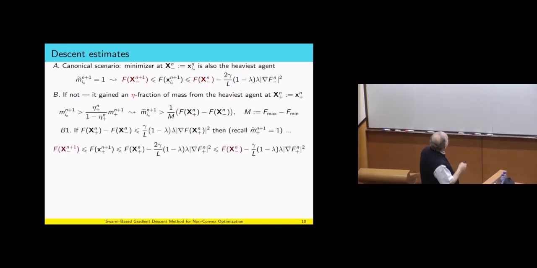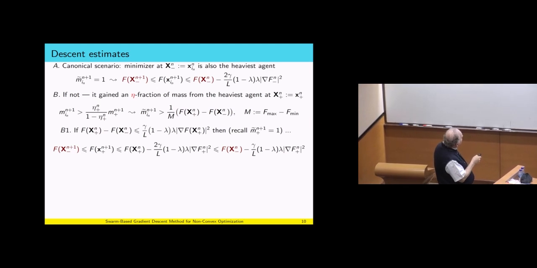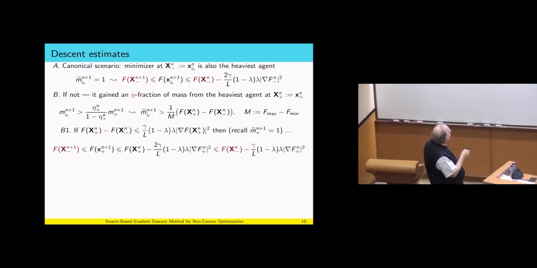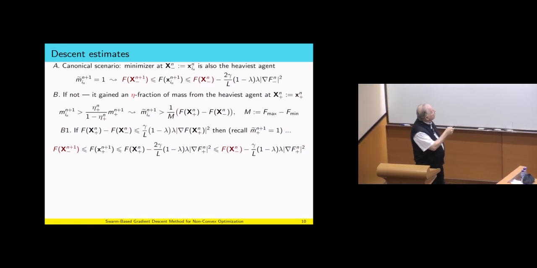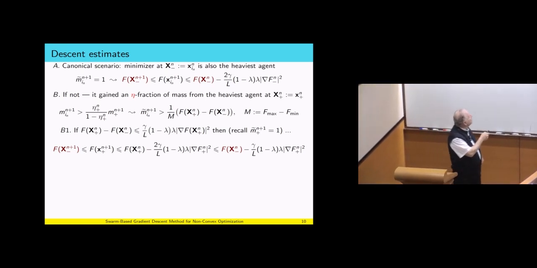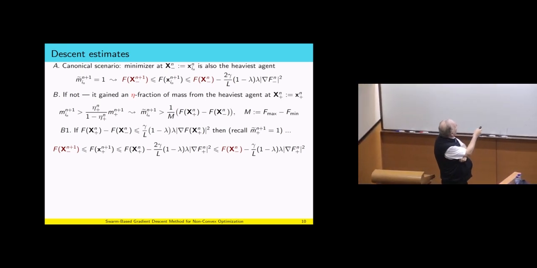And now there are two cases. Let's assume that this ratio is either bounded by something or is above something. The something is given here, whatever it is. Now, when we take this number, then I compare, don't look at this, look at that. I compare f of x plus, this is the heaviest element, at time n plus 1, which is of course less than f of x plus at n, minus twice this number, because this is the heaviest element.